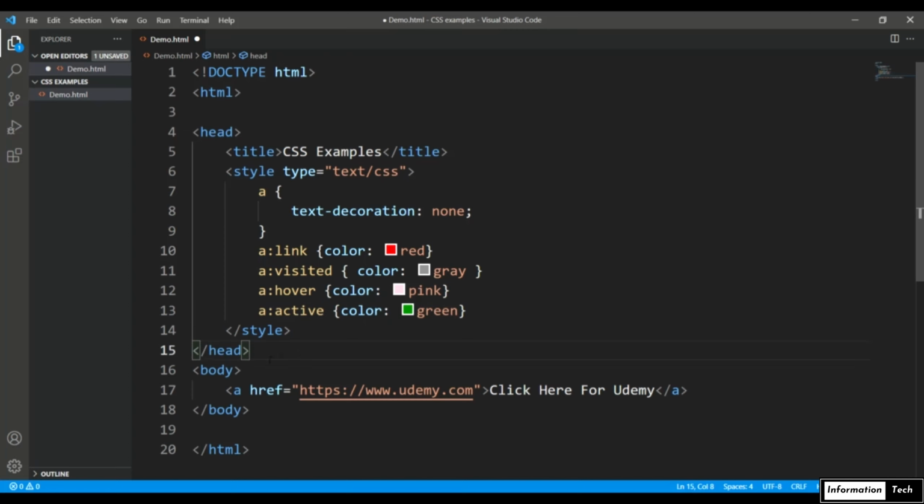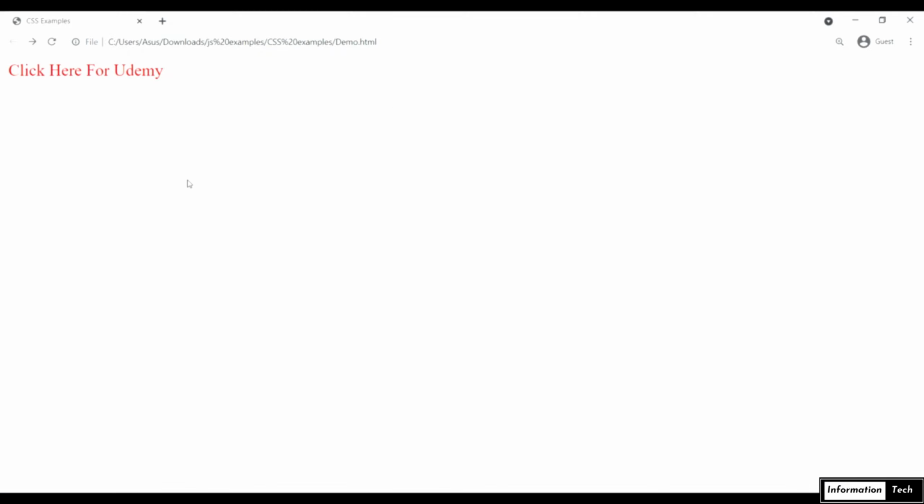Alright, so let's save it, and I'll put an anchor tag here in the body, that is the href, like I want to go for just a sample text. Alright, so let's save it. Let's come to the browser. And here, as you can see,